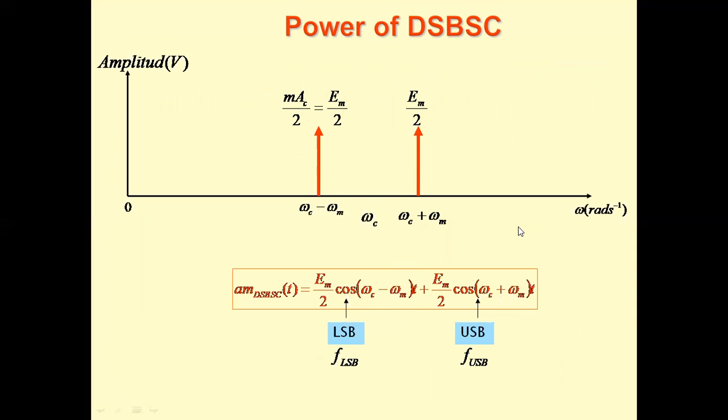Here, is there any change in the bandwidth? No change in the bandwidth. It occupies the same transmission bandwidth as that of AM, because the bandwidth is the range of frequencies from the upper sideband to the lower sideband. That means it is the difference between the upper sideband frequency and the lower sideband frequency. The upper sideband frequency is Fc plus Fm, and the lower sideband frequency is Fc minus Fm. And hence the bandwidth is equal to (Fc plus Fm) minus (Fc minus Fm). And hence there is no change in the bandwidth of the signal.